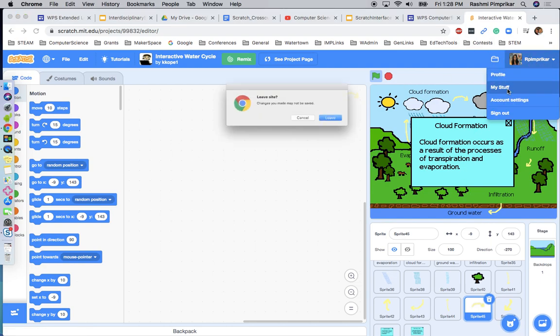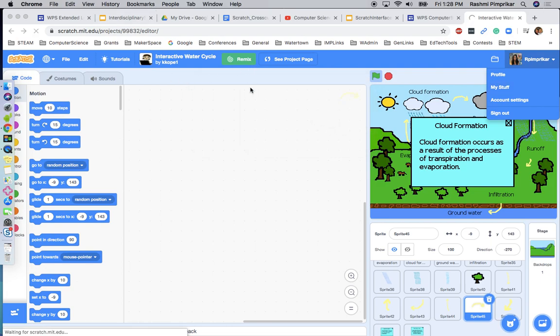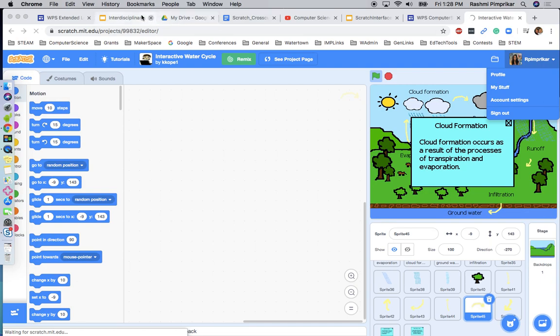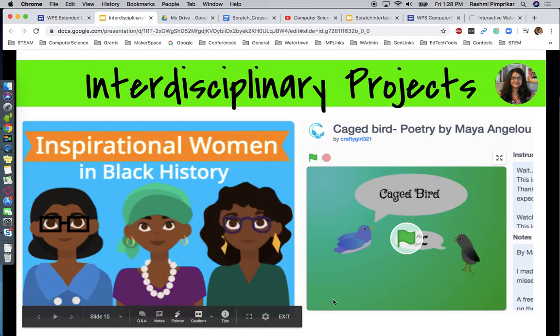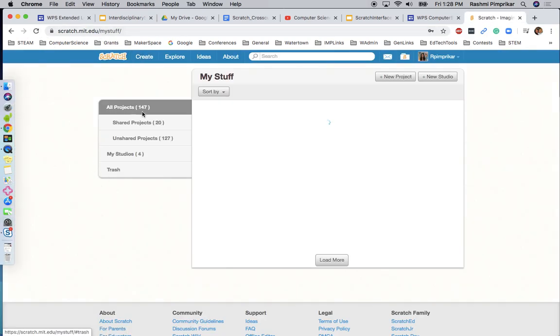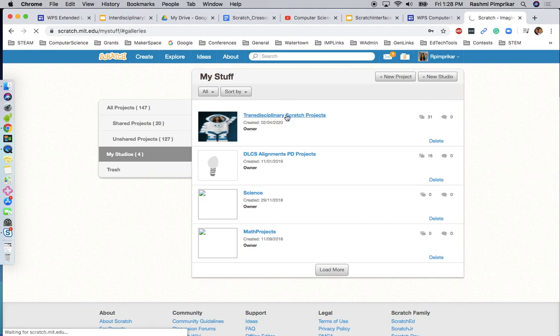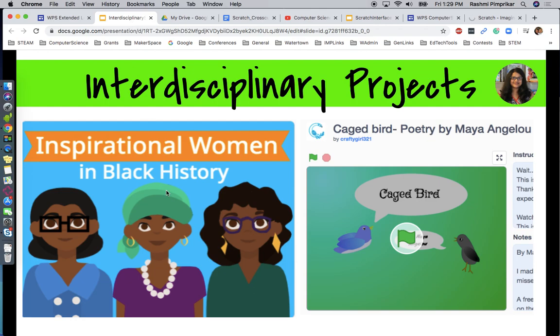However, I'm going to leave this one. The way you can use any of these projects is by going to the remix button, and I'm going to show that to you in a quick bit. It's okay. So let's look at one more project so I can show you how remix works. Okay, so we go in here. This is the Transdisciplinary Scratch Projects. It's taking a bit of time, so I'm going to go to